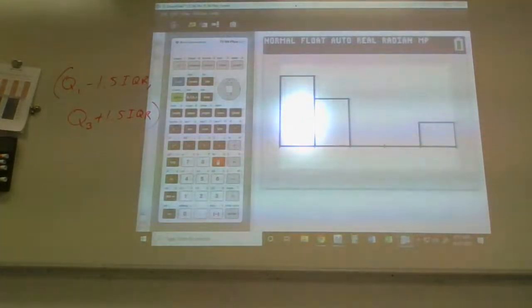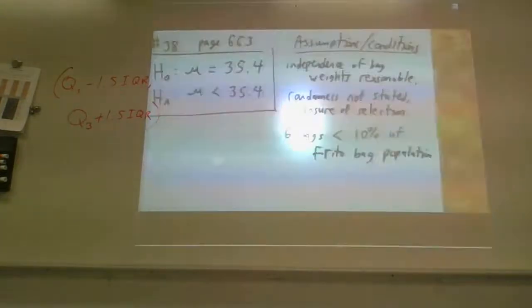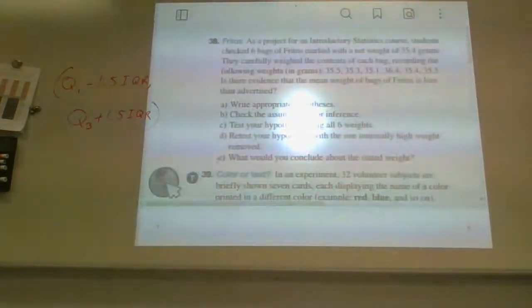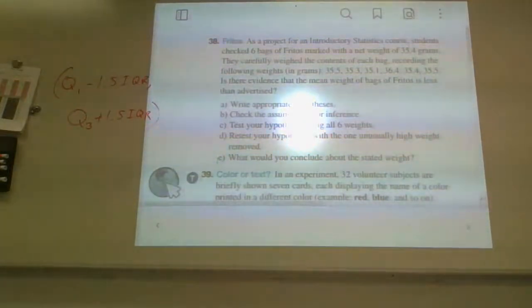So this is where I disagree with the book. The book says, well, technically it's not an outlier. I'm like, what do you mean it's not an outlier? I checked it. Anyway, now notice what the question says. It says to check the assumptions for inference, but then it says to test the hypothesis. It doesn't say you're going to hit all the assumptions, because clearly the nearly normal assumption is not being met. They do want you to retest the hypothesis by removing that one data point and then doing it again.